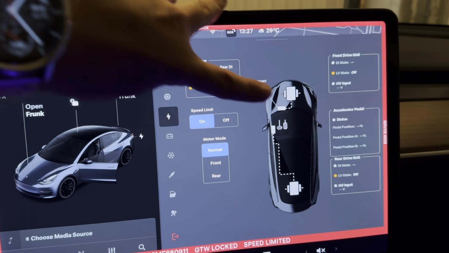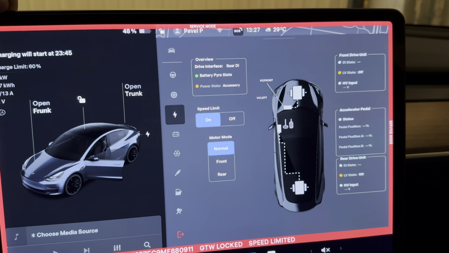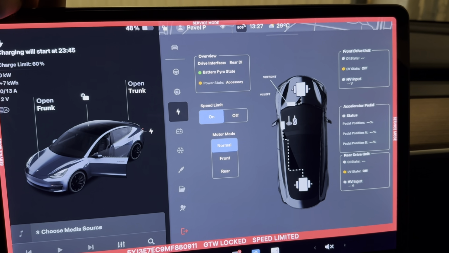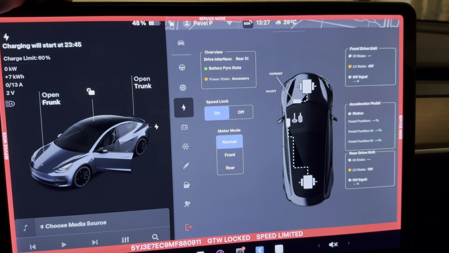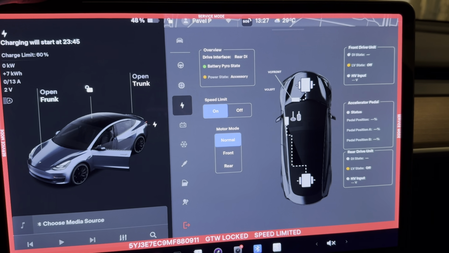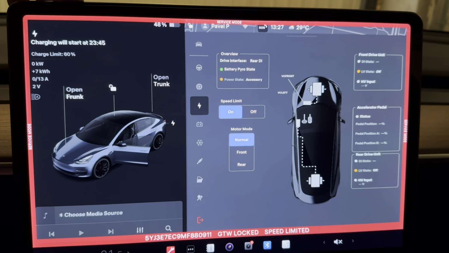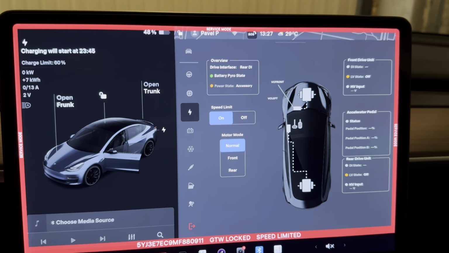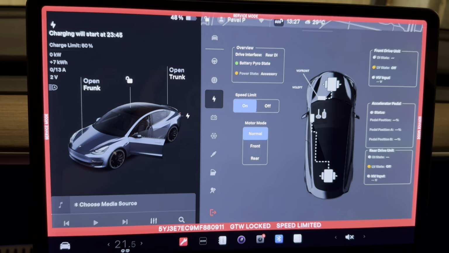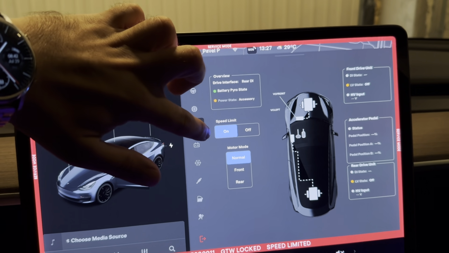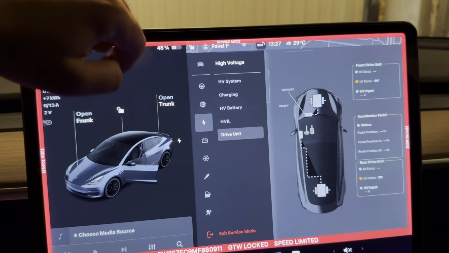The front controller is, I think, one of the most important ones, because it controls everything in the front of the vehicle, including the drive unit, as much as I know. Also, it's very well connected with and has a lot of common functions with the autopilot or the big computer in the car, which is behind the glove box. Okay, so those were the high voltage